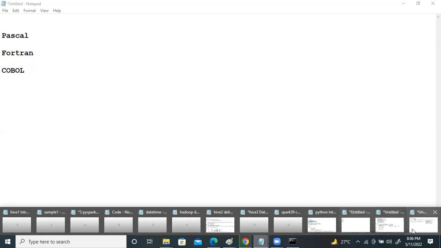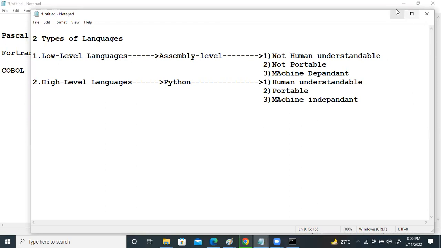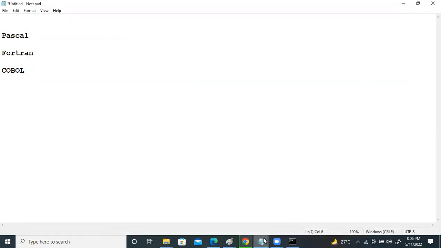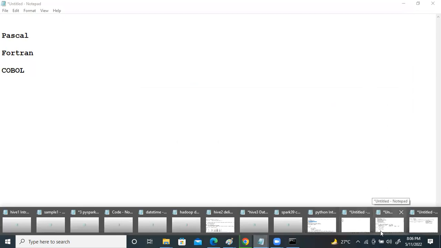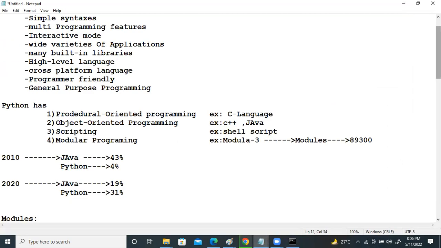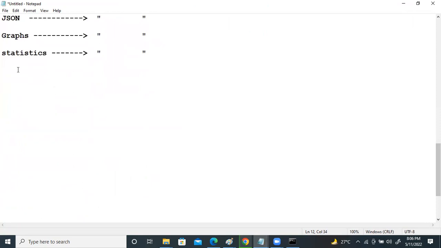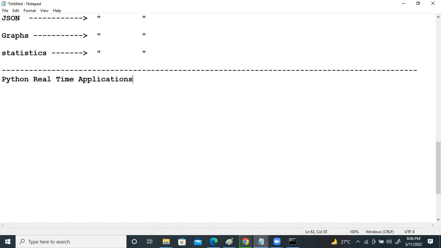Now, Python real-time applications. I'll list out the applications of Python one by one. Python is mostly used today in creation of automation applications and web applications.